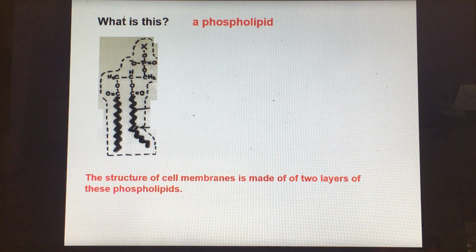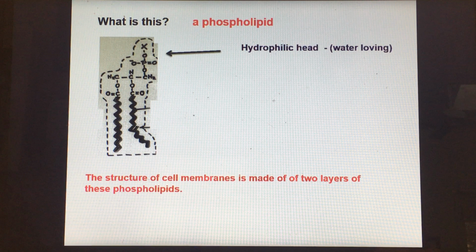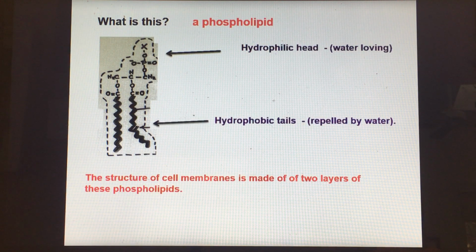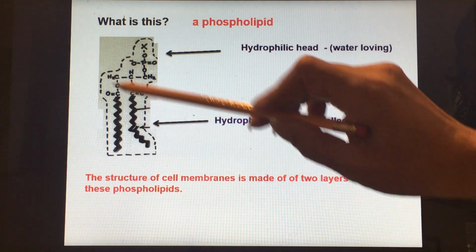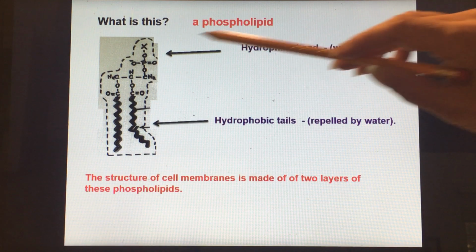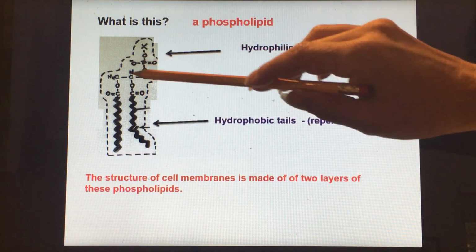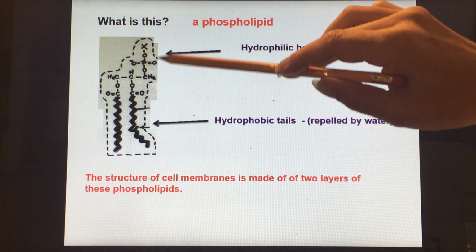And the structure of cell membranes is made up of a double layer of these phospholipids. This part is hydrophilic, it means water-loving. It's attracted to water. The hydrophobic tails are repelled by water, and so this leads to 2 layers of lipids where the tails are facing each other, and the surface on the outside and the inside is covered with the